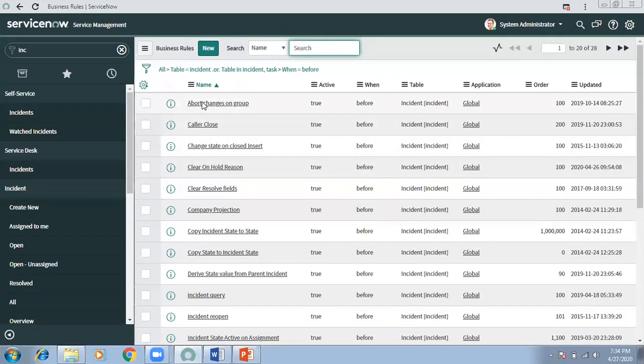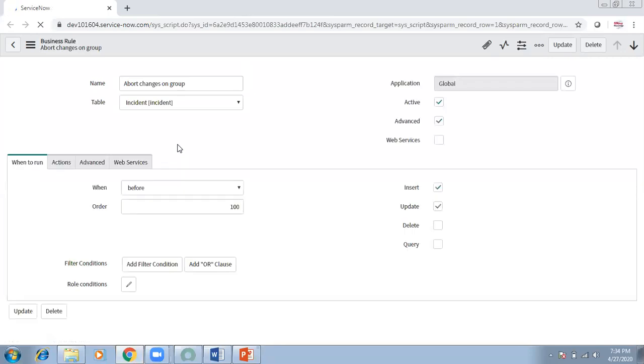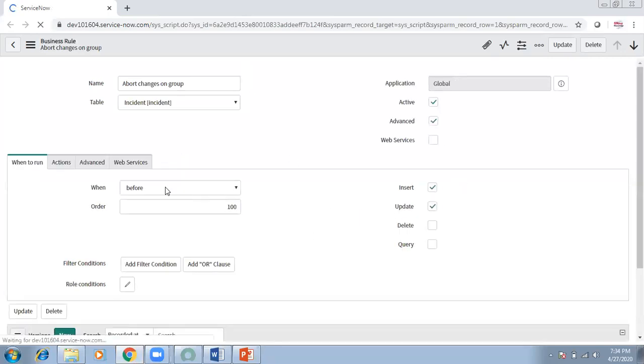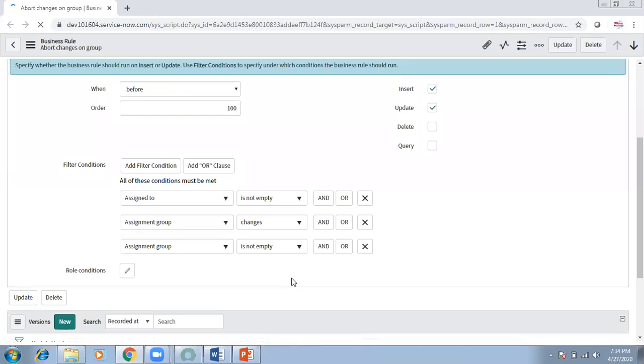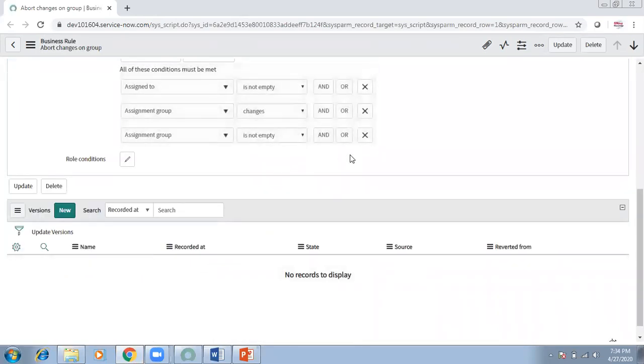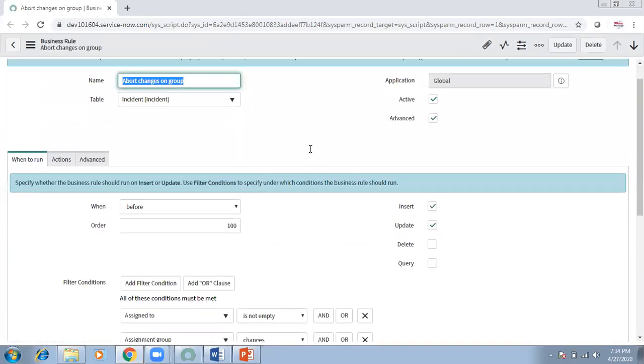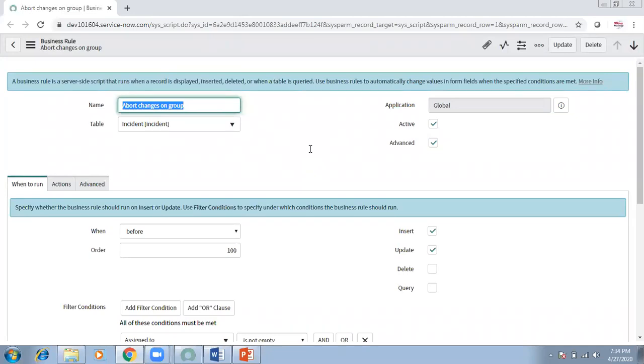You have conditions as well, right? So they should also be met. Here, we have a condition like when assignment group or assigned to changes, then only this will run. As soon as you save the form and before submission, the system will analyze all the before business rules, whether they need to run or not. If the condition is met, that business rule will run. If the condition is not met, it will ignore it.